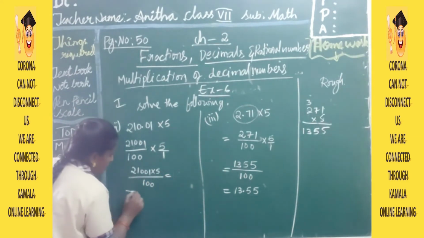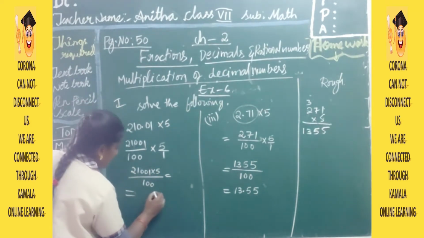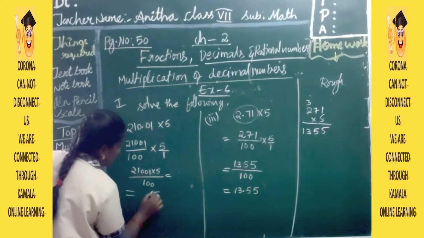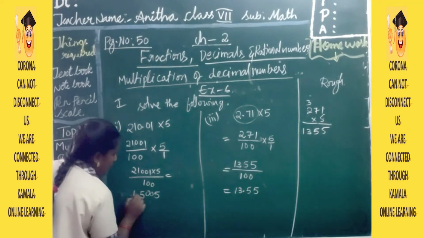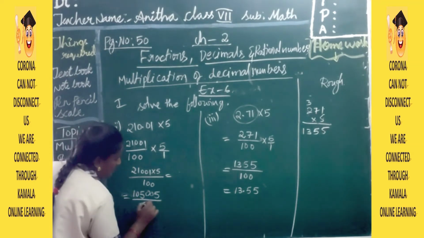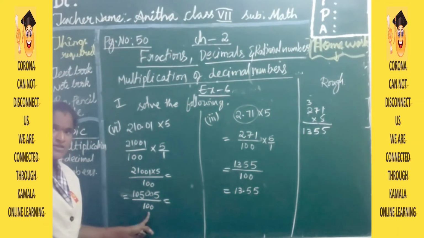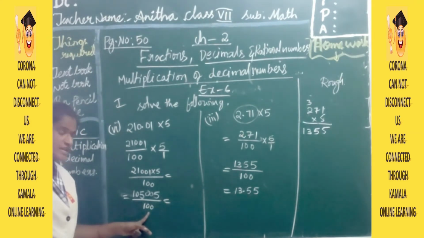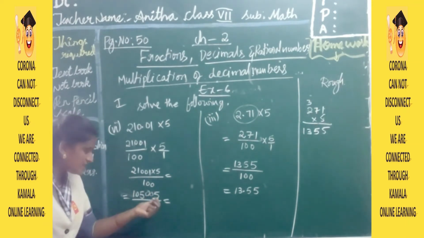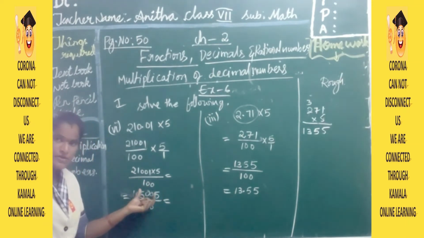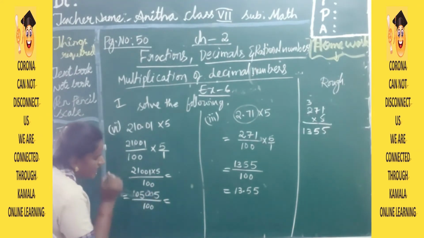So this value, you have to multiply this number with this number. 5 ones are 5, and 5 into 0 0, 5 into 0 0. Next, 5 ones are 5, 5 twos are 10, divided by 100. So how many zeros are there in the denominator's place, children? 2 zeros are there. That's the reason from the last, you have to count 1, 2, and there you will get the point.